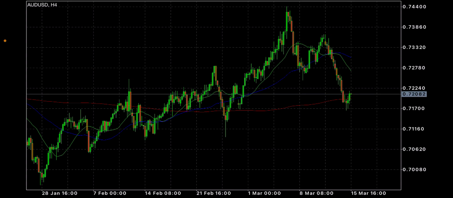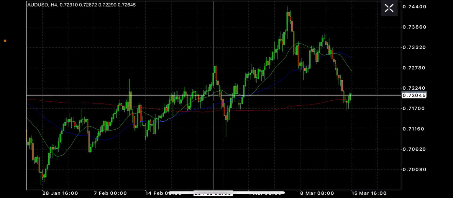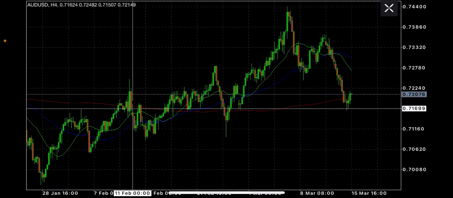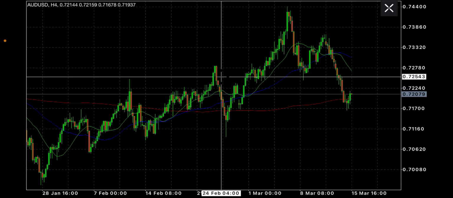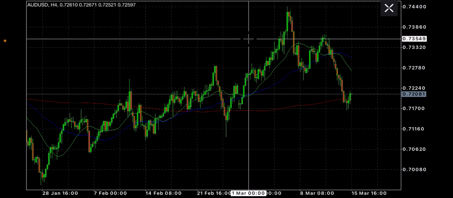Okay, so let's go ahead and break down the fundamentals of what's going on before we get into the chart. Now, the AUD has been one of our stronger currencies for the previous trading weeks, but it started to get on some shaky ground because we had some very important news come out towards the end of last trading week. But we had some good trading news come out about it yesterday, so that's going to be promising to increase the strength of the AUD.